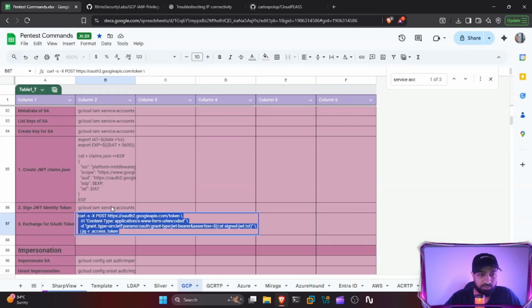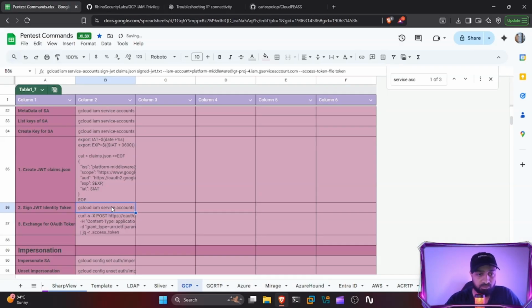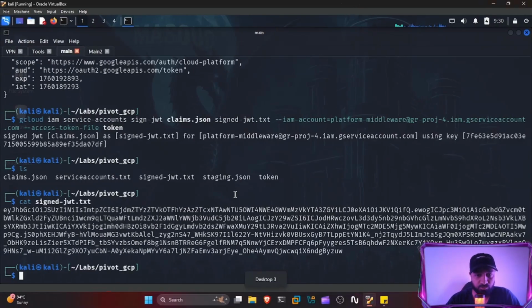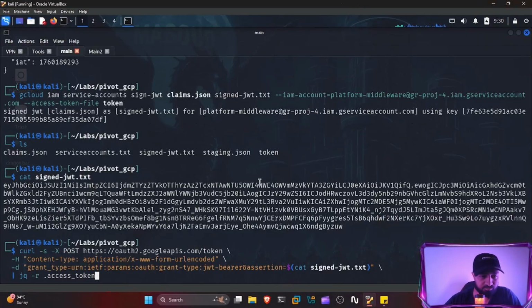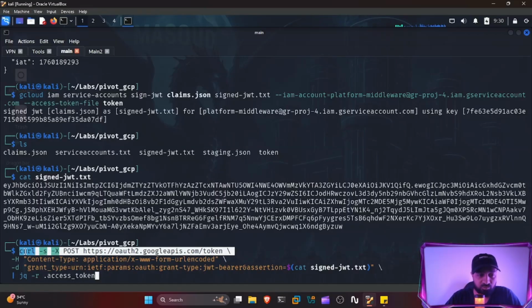All right, so let me go ahead and paste this API curl request and then explain it. We're basically going to make a POST request to oauth2.googleapis.com/token. This endpoint is going to be responsible for producing for us an OAuth access token utilizing